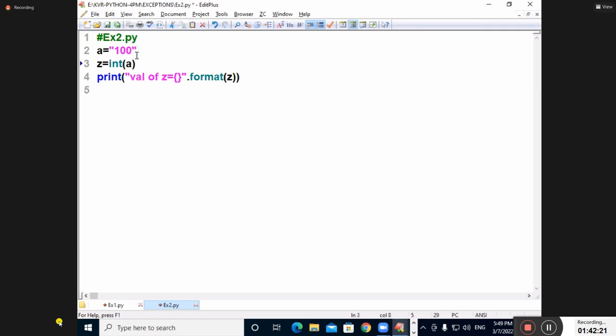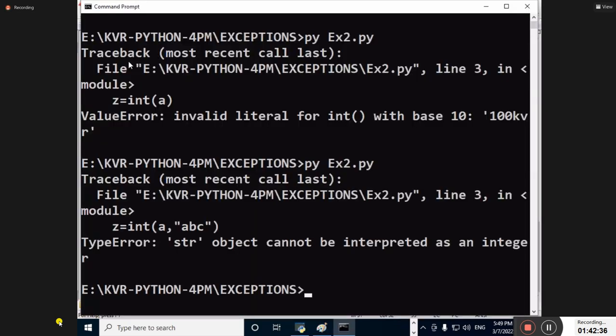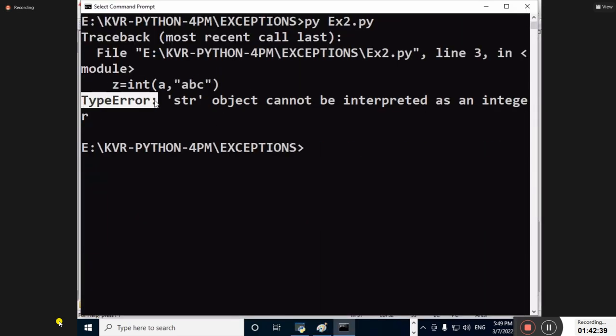Now you see, now I will pass it. 100. Now I am writing int, comma, something like ABC. Int comma ABC. Actually, int will take only one argument or not? But how many arguments am I passing? Just to see, my dear student, what is happening here. What is that error called? When do you get TypeError? When you pass wrong arguments. Actually, typecasting will take only one argument. But you are passing wrong arguments. Which exception? TypeError: wrong operation on invalid inputs. TypeError. Division by 0.